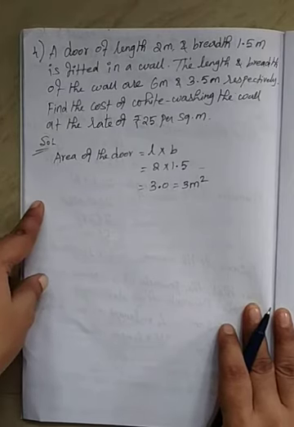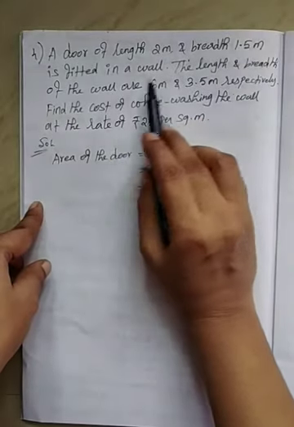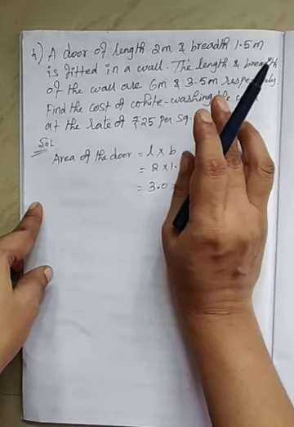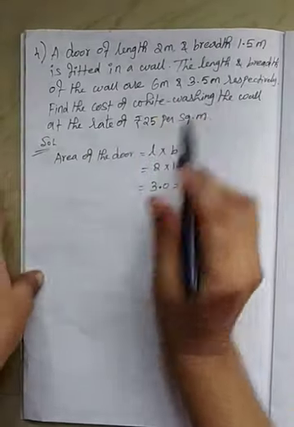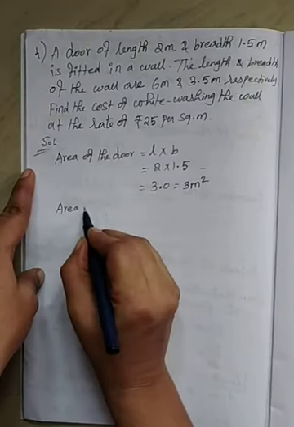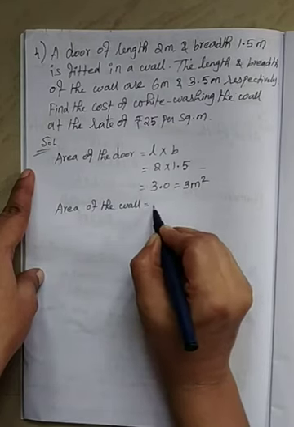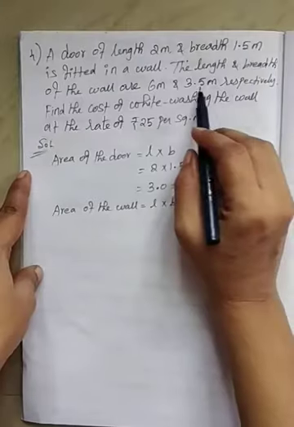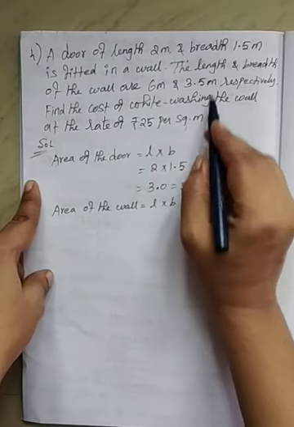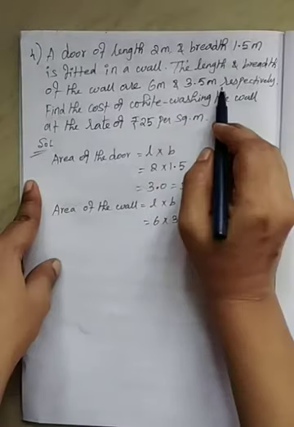Now you have to find the area of the wall. So for the wall, the word rectangle is not here, but the words length and breadth are here. So you have to understand the wall was rectangle shape. What is the area of the wall? This is also length into breadth. What is the length? See here, length is 6, breadth 3.5. Now you have to multiply 6 into 3.5. The both are meter only.